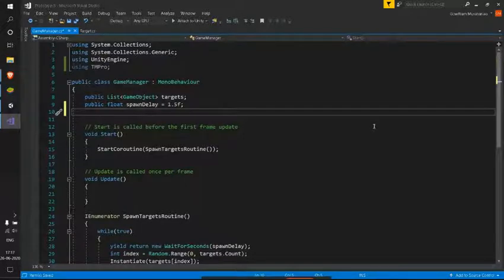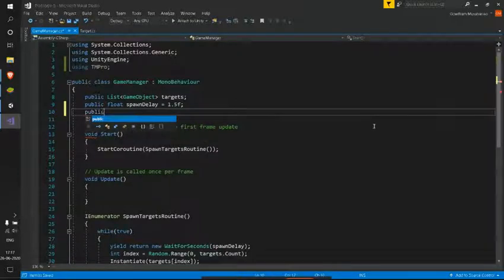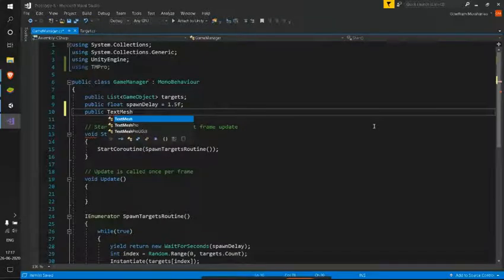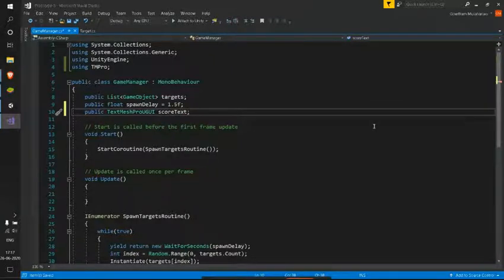So here, let me create this TextMeshProUGUI. And I'll call this score text. And I'll refer this from my inspector itself.